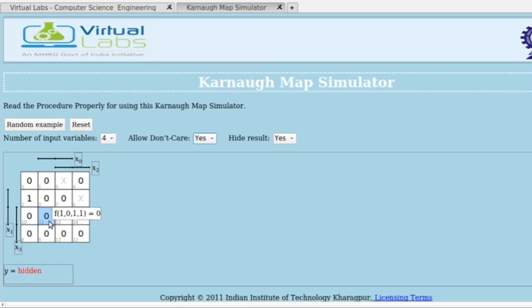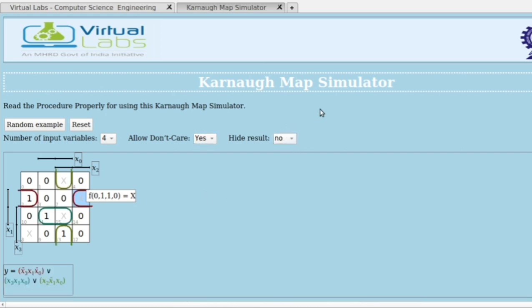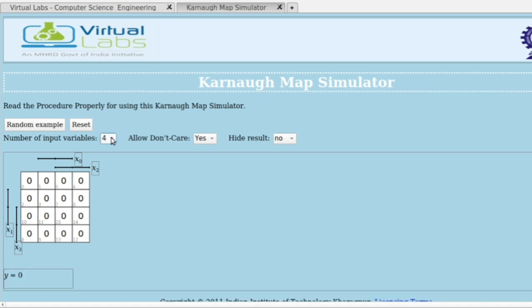So like that you can set a cell as 1 or don't care. Then do the mapping and check your answer with hide result no. You can practice this K-map with number of input variables up to 8 using this simulator. Okay, thank you.